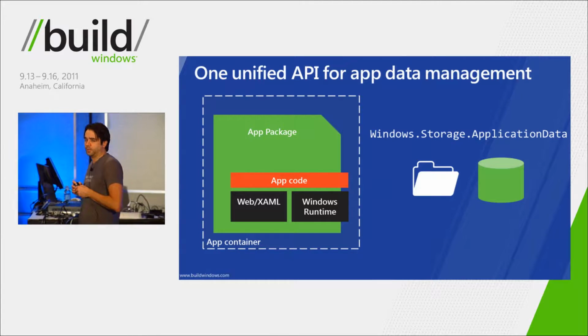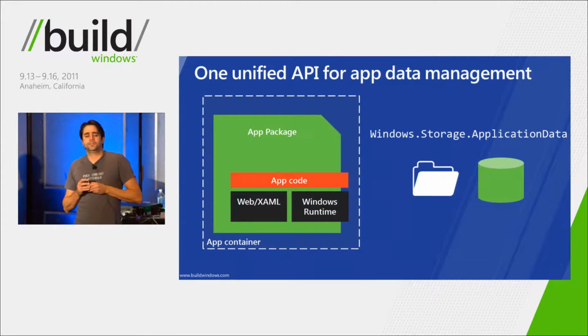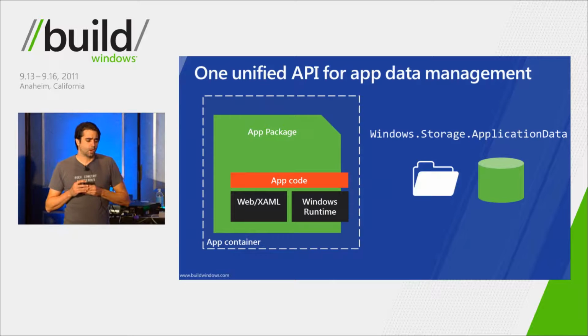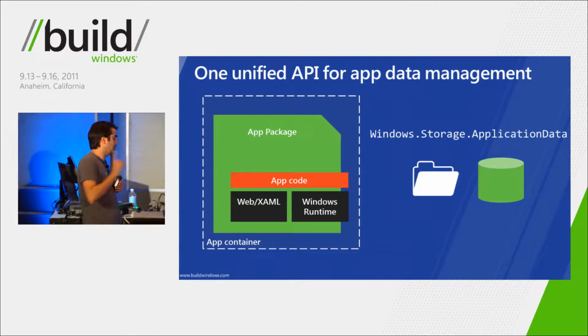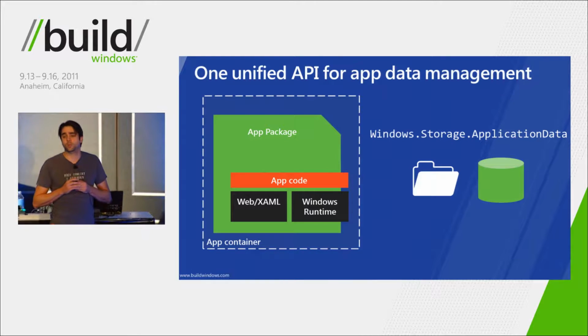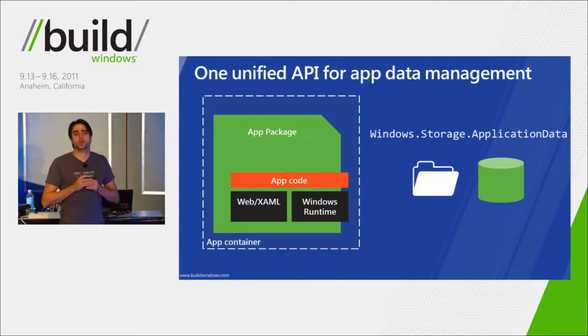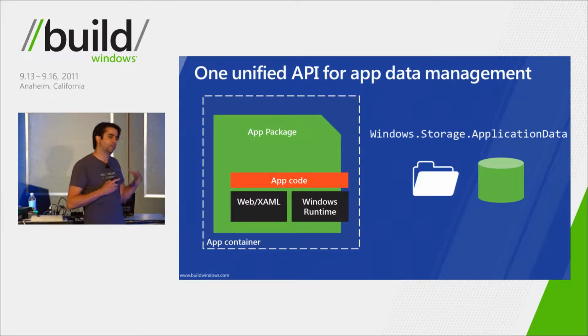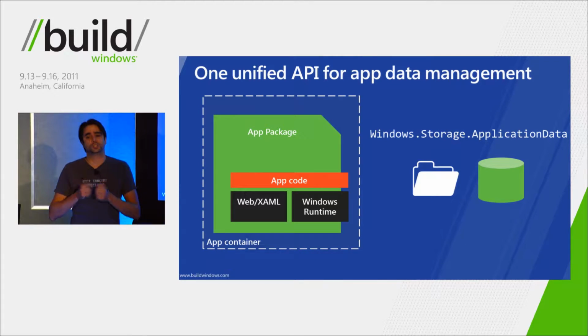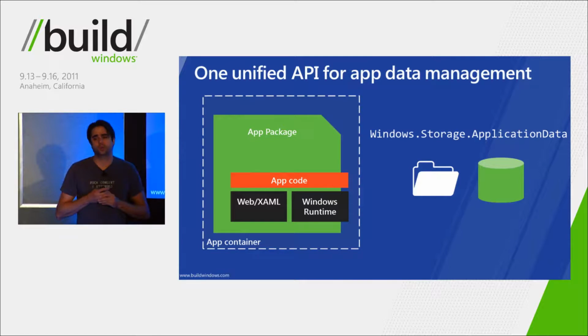There's a roaming folder, and the roaming folder is where you would put any files that you want to roam. In a minute, I'll talk about the intentional limitations that we put into roaming around data size. But for now, you can think about it as if you have some data, you store it in a file, you want it to go to every machine that the user is using your app on,